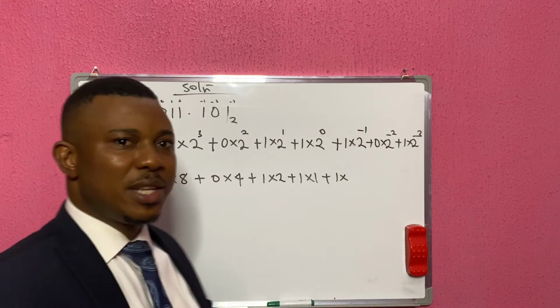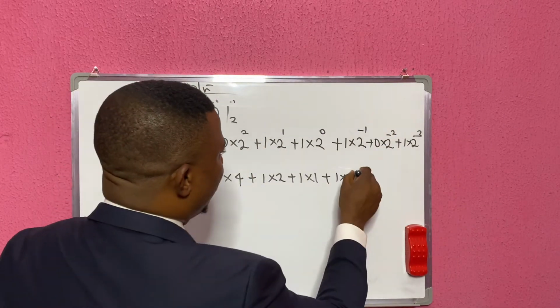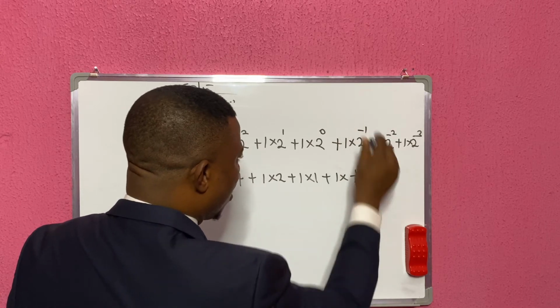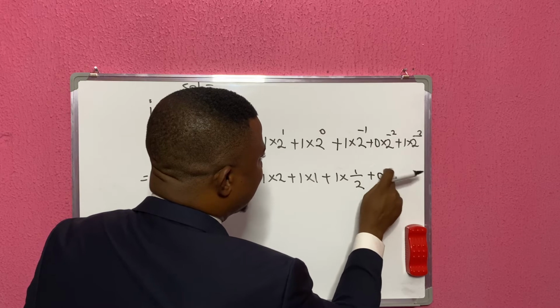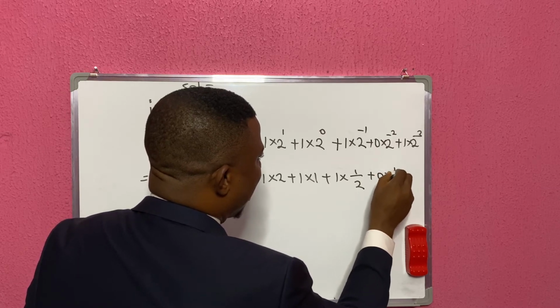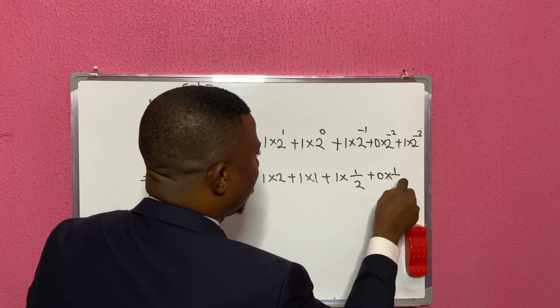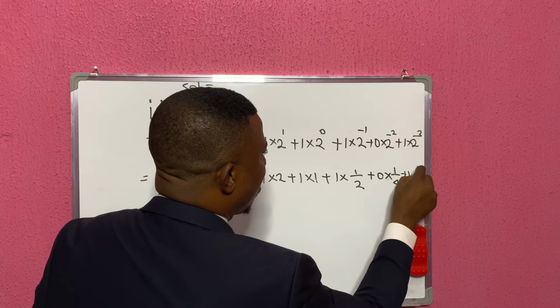Remember our negative power, how we handled it in the previous topic we've done. To give you 1 all over 2, the inverse, this minus becomes 1, plus 0 times 1 over 2 power 2, which means 4. You write 4 here, plus 1 times 1 all over